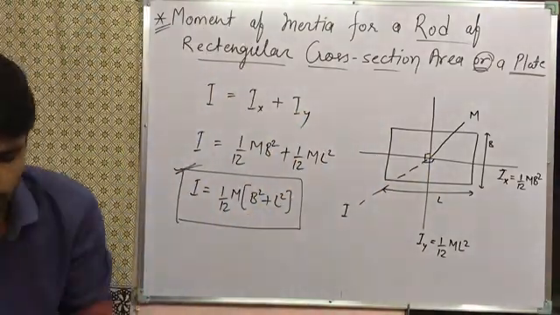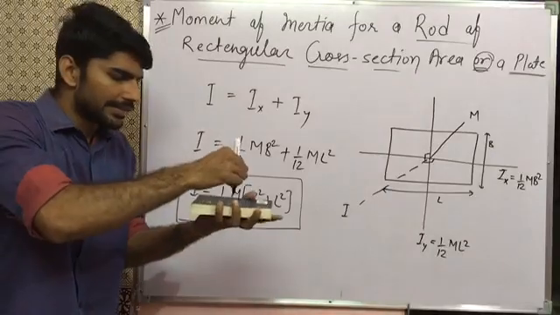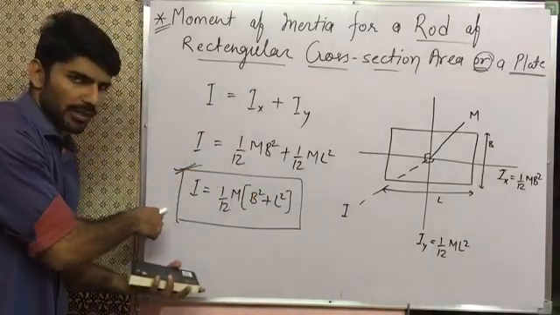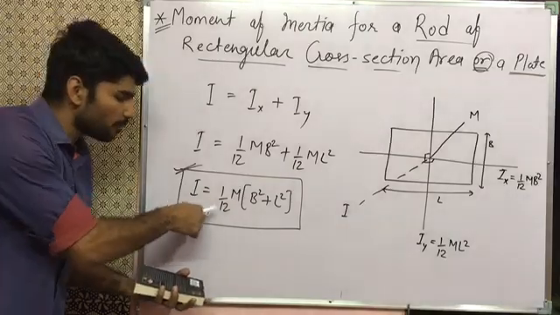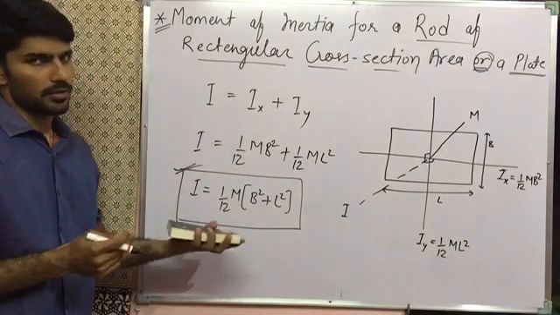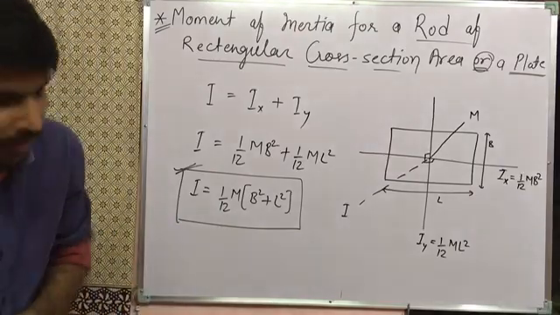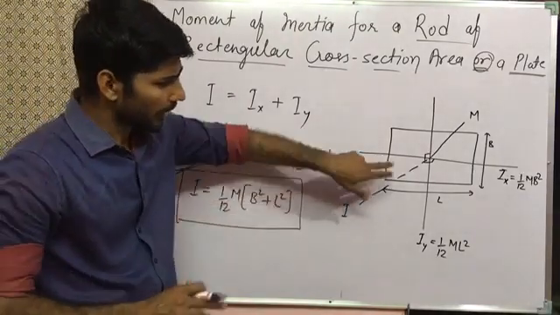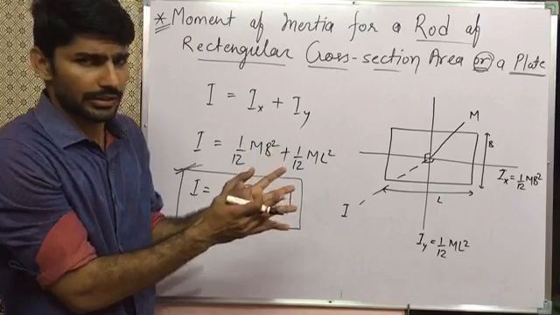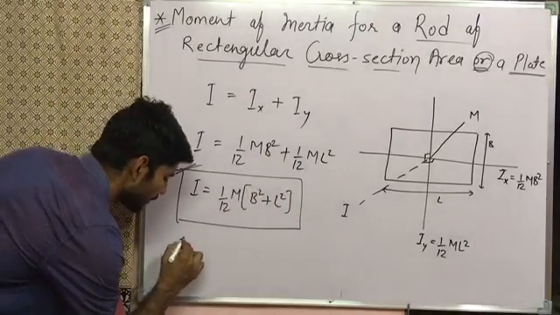Like this axis, this is the plate and this is the axis about which we determine the moment of inertia, which is 1/12 m (b² + L²). But this is the rectangular plate of rectangular cross-sectional area. But if we have a plate of